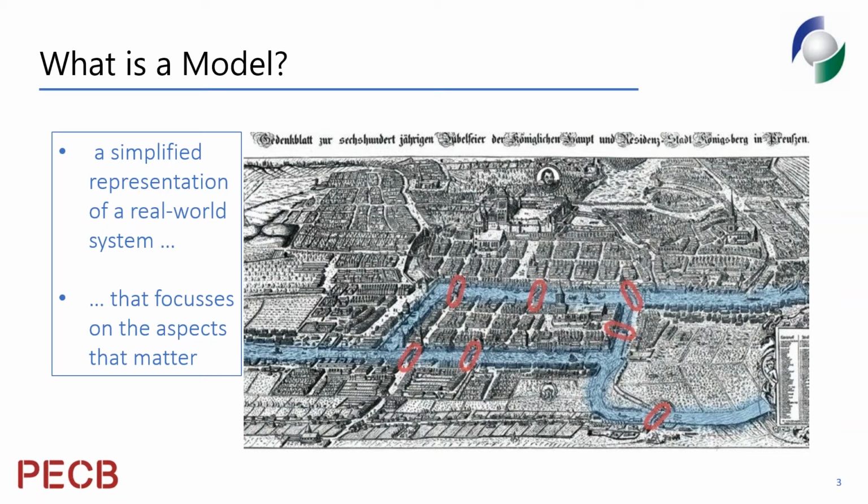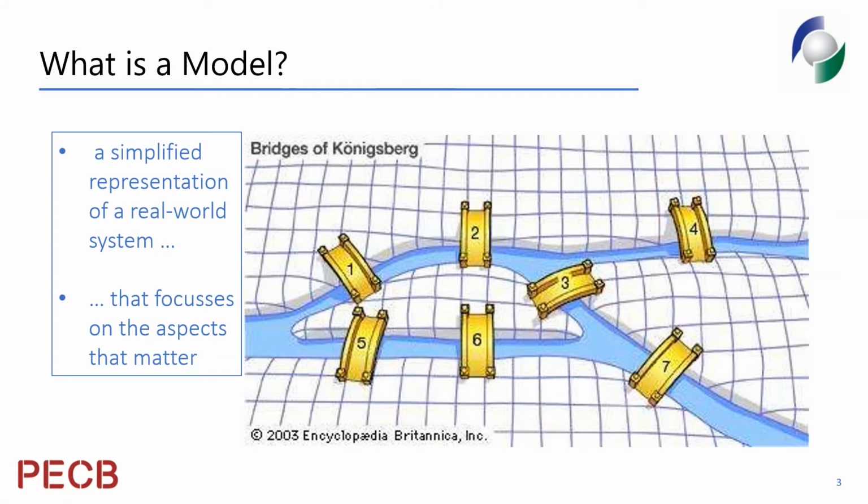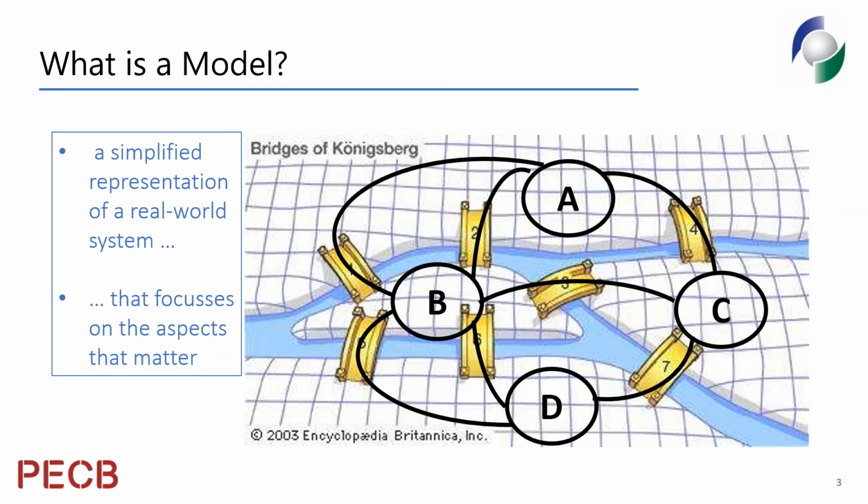Right? And he gave this problem to his courtiers to plan the ceremony, and they couldn't figure out a route. So after they'd given up, they called in the most eminent mathematician of the day, a man called Leonhard Euler, and he took the problem, and even with the map like this, he reduced it even further into a simple topographical map where he identified the land masses as nodes and the bridges as links, and he just created the simplest representation possible.